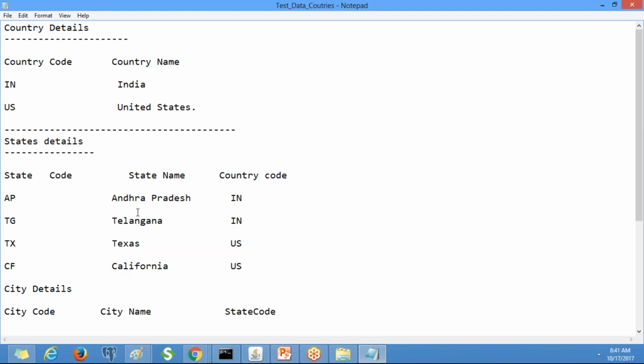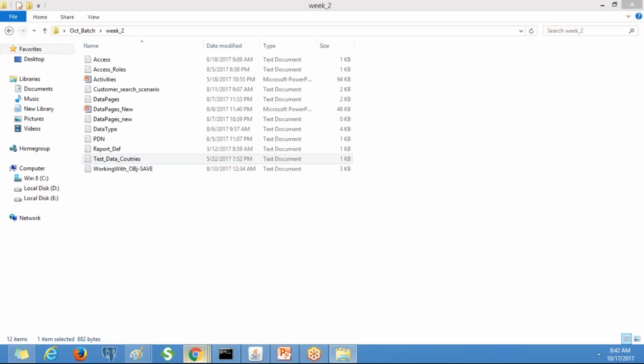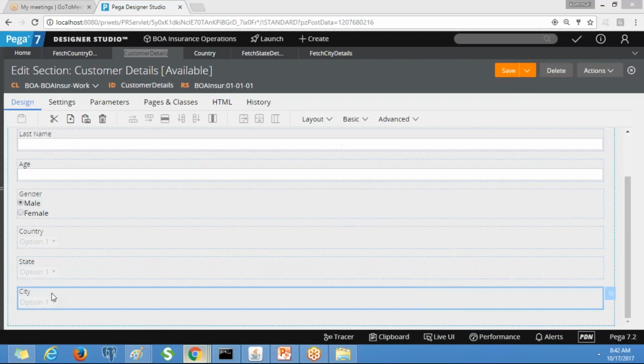In this case, the country value has to pass as a parameter to the state details. Similarly, the state code has to pass as a parameter to the city details. A parameter can be defined under the parameters tab.